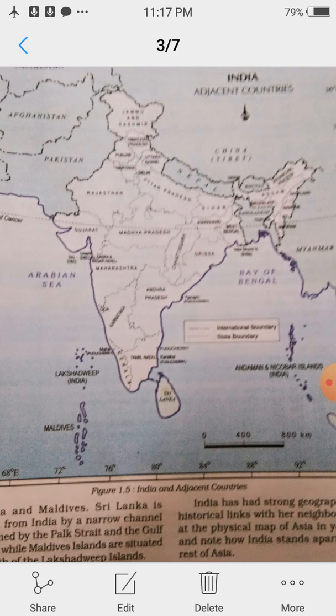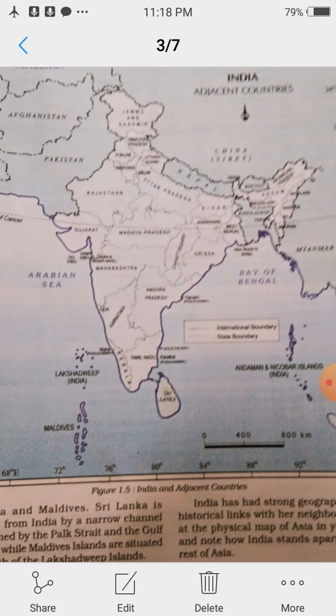India is the 7th largest country of the world. India has land boundaries of about 15,200 kilometers, and the coastline of the mainland, including Andaman and Nicobar and Lakshadweep,